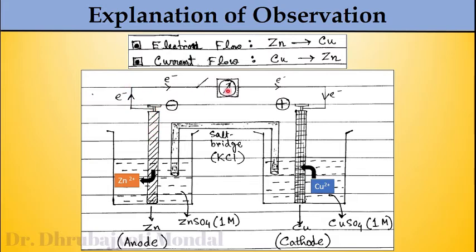Now when you connect these two electrodes by a wire, this extra electron immediately goes through the wire and comes here. And in that electrode, copper 2 plus takes the extra electrons and converts to copper atom. That means it is positively charged and negatively charged. So always remember the current flows from positive to negative. That's why the current flows from copper to zinc, but the electron flows from zinc to copper. So this is the explanation of the first two observations.